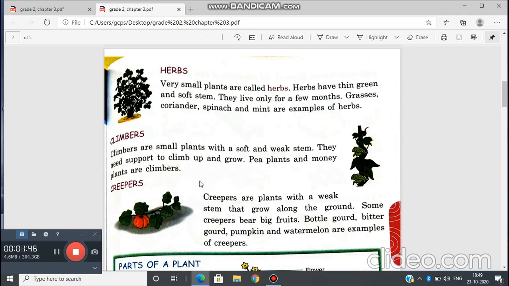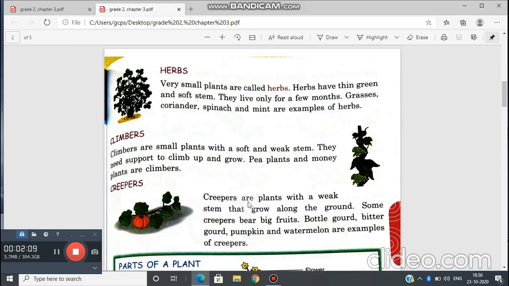Okay. Next is creepers. Creepers are plants with a weak stem that grow along the ground. Some creepers bear big fruits. Bottle gourd, bitter gourd, pumpkin, and watermelon are examples of creepers.